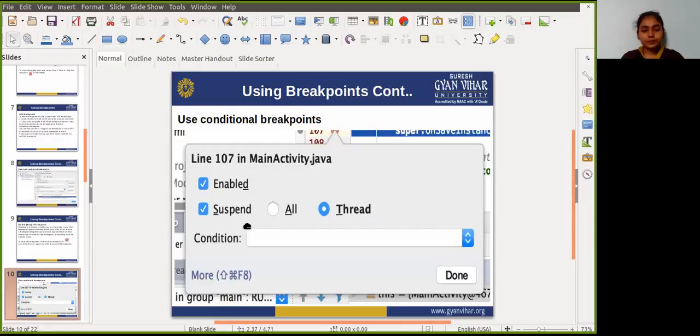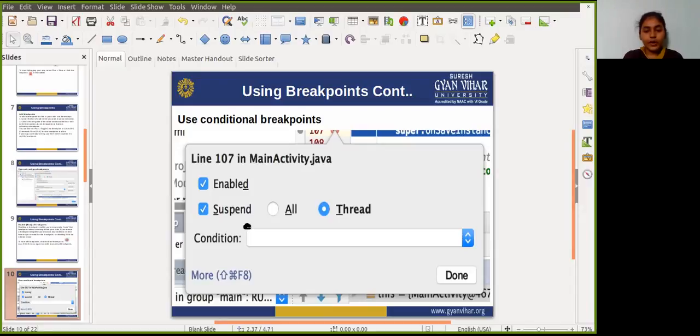So the test you enter in the field can be any Java expression, as long as it returns a boolean value.